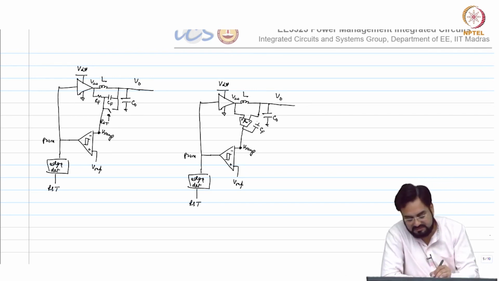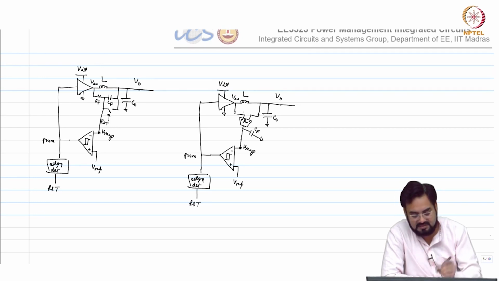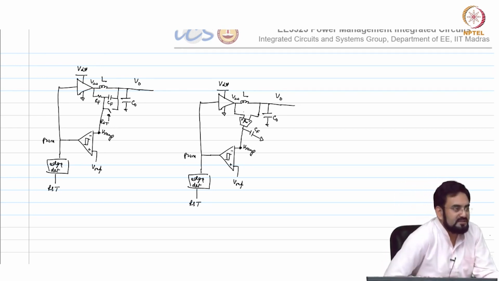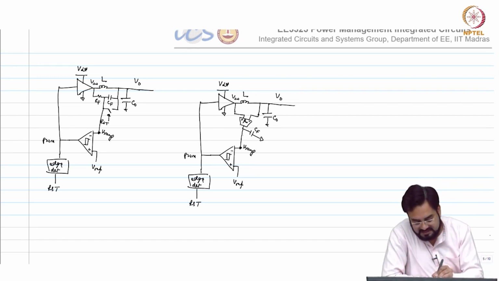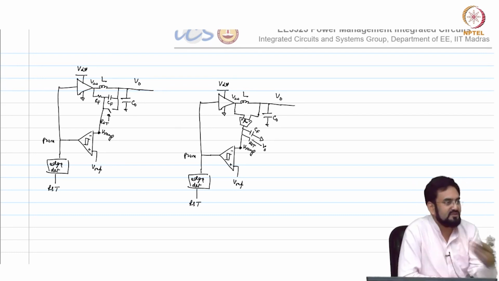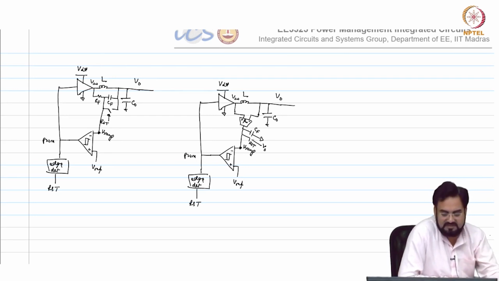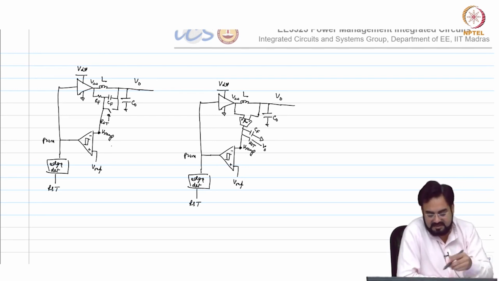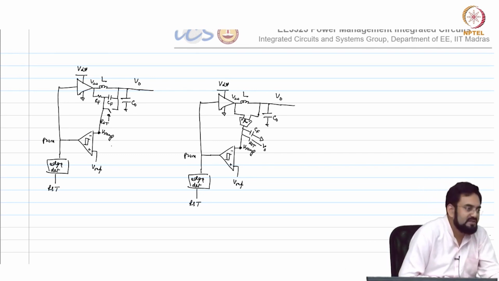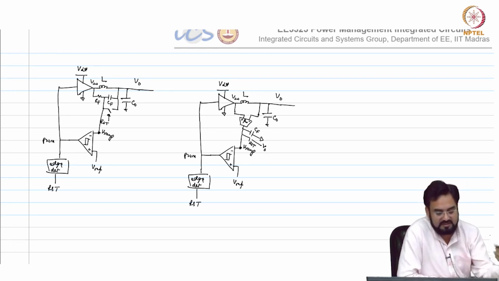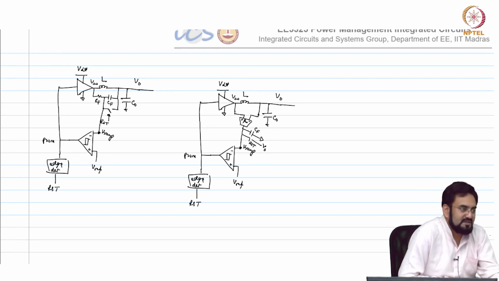This was grounded, sorry, in the integrator this was grounded. So, what was the problem with this? It will saturate. So, now if I reset this to V out, then it will not saturate. Every cycle you are resetting to V out. So, the DC will remain at V out. So, it will not saturate. So, now with this reset concept, it will work with GMC integrator also. So, you do not require resistor.